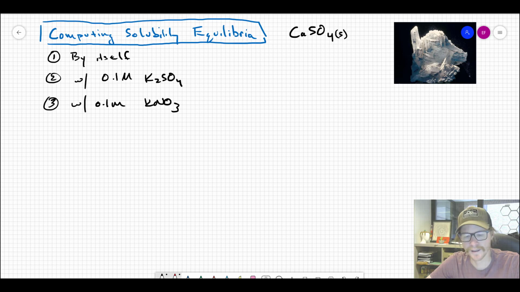So the utility in equilibrium expressions is they allow us to compute the concentrations of certain species, like ions in water, especially in the presence of other stuff in water. And so you've done this in a Chem 108 course. You've learned how to make an ICE table or an IE table, depending on where you learned it, to compute what the concentration of a particular species would be, especially an ionic solid that dissolves into ions, when it reaches equilibrium. And so we're going to start there, and we're going to do that with calcium sulfate